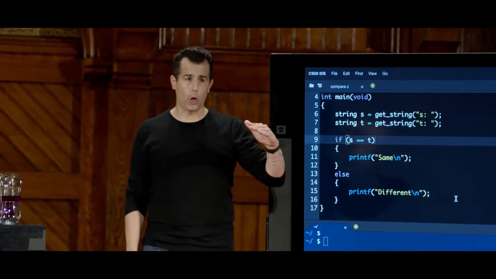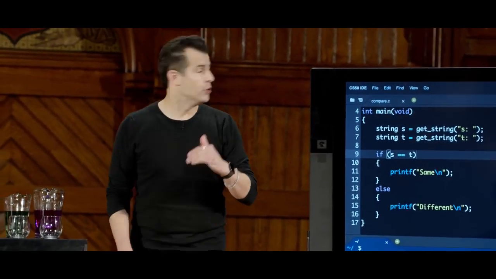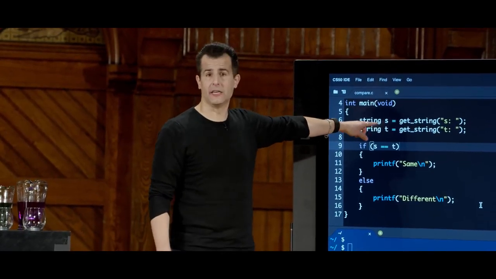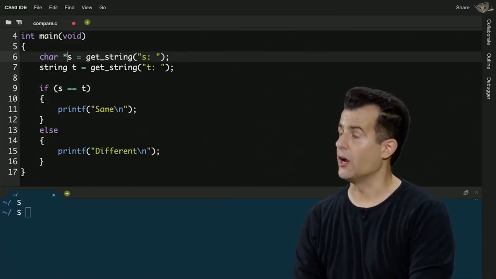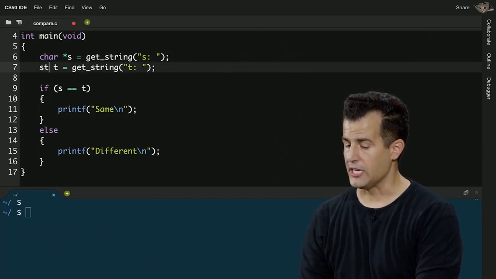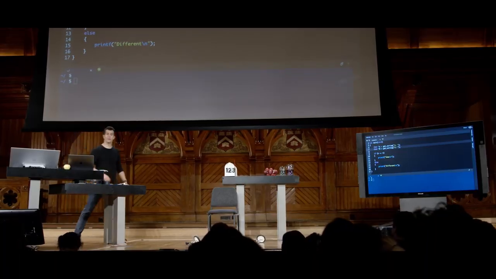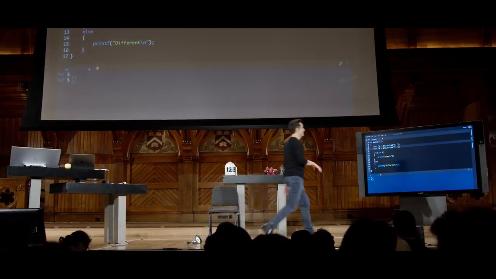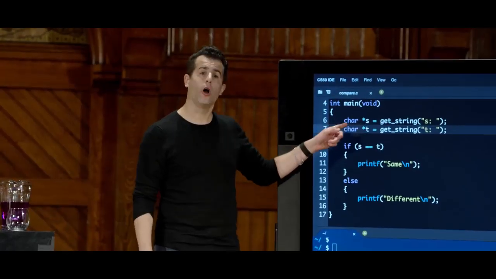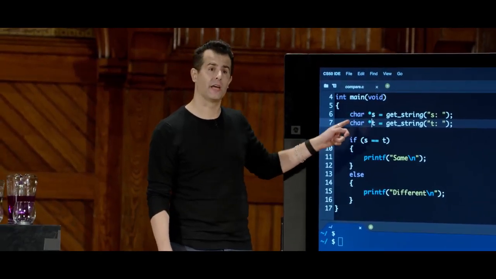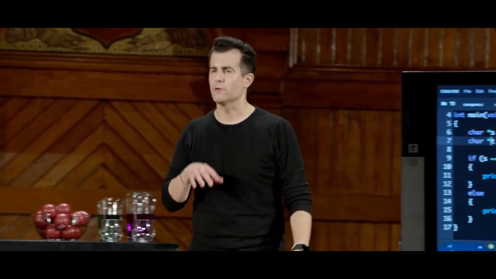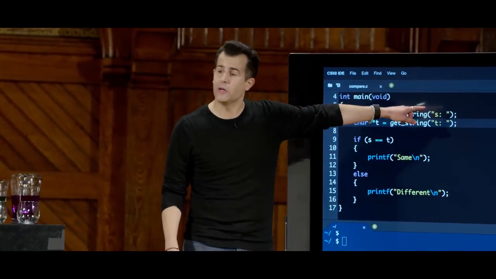All this time when you've been calling getString to get a string, you've probably been assigning it to a variable like I have here on line 6 with string s. But we know as of today that if we get rid of the CS50 library, technically string is just synonymous with char star. And so both here and with t, you technically have char star, right? It's just a find and replace if we get rid of that training wheel. Char star just means s is storing the address of a character, and char star t means t is storing the address of a character. Ergo, all this time, since week 1 of CS50, what type of value has getString been returning, even though we never described it as such?